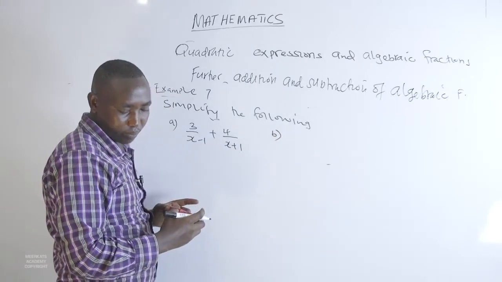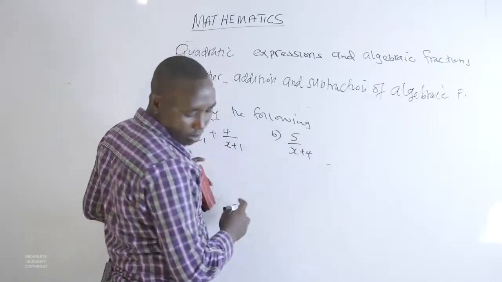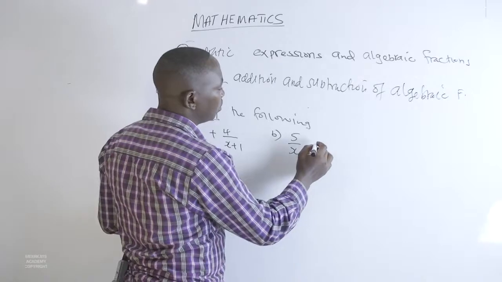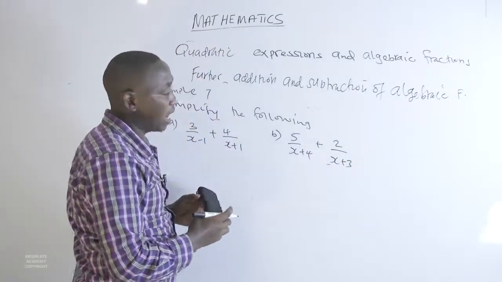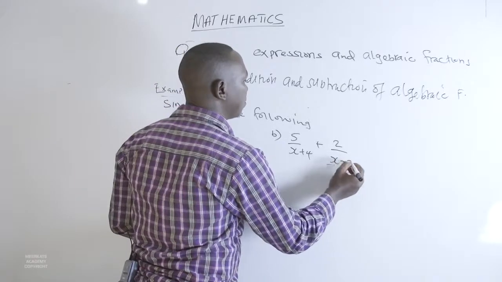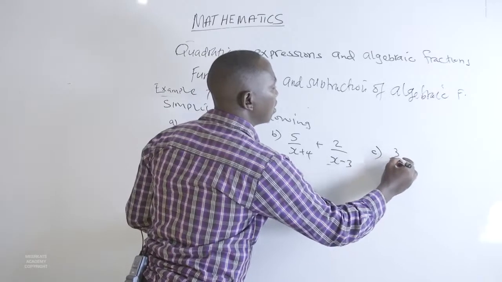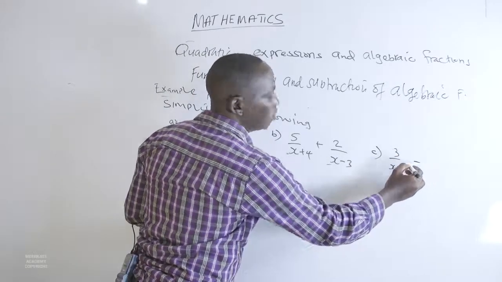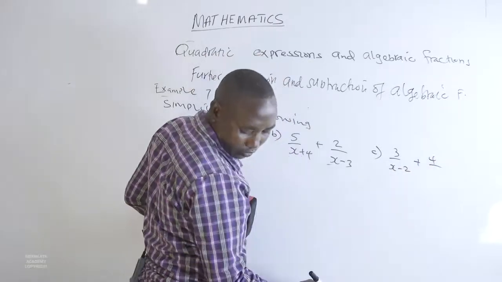Part B, 5 over x plus 4 added to 12 over x minus 3. Then part C, 3 over x minus 2 added to 4